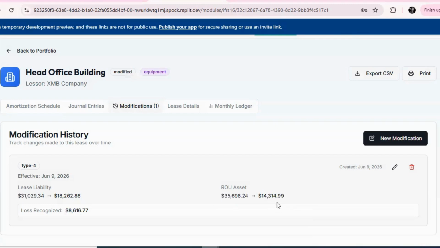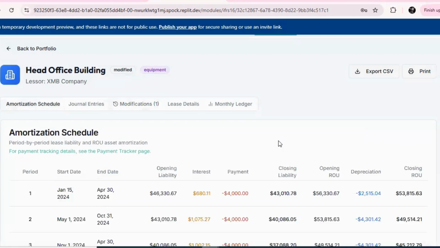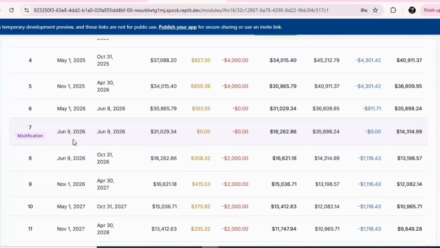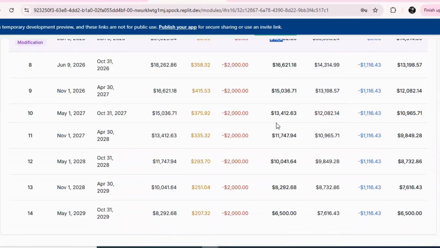Because it's a 50% decrease. But if you look at the amortization schedule, even though the modification effective date is a random date, it has added a modification adjustment row in the schedule, and it shows that the lease liability has decreased from 31,000 to 18,000, and so there's a difference in the lease right of use asset as well. But as you can see, the schedule is amortizing accurately to the residual value guarantee,